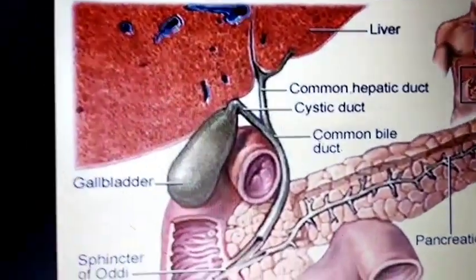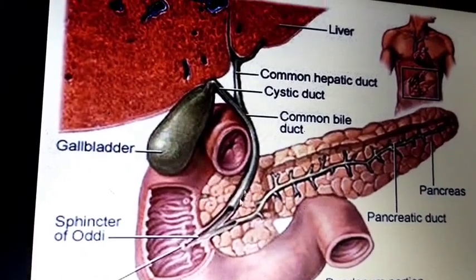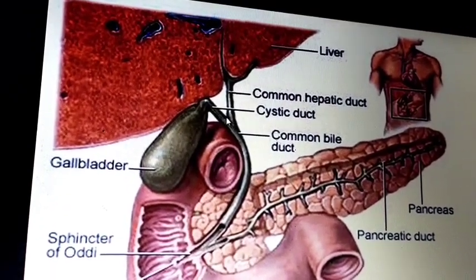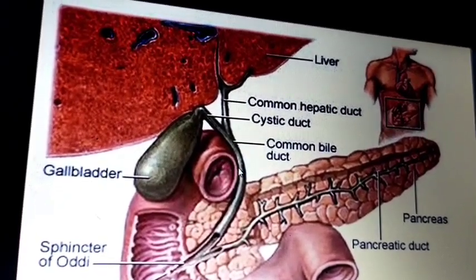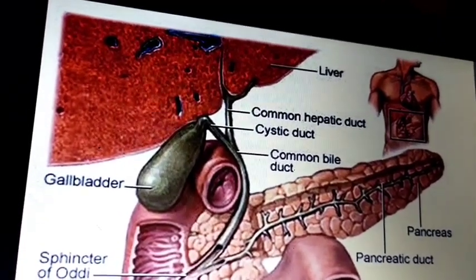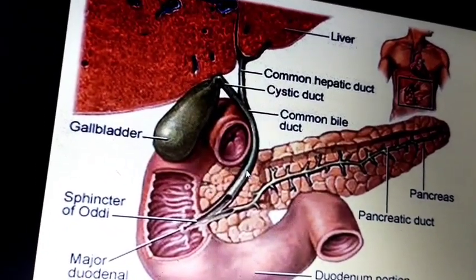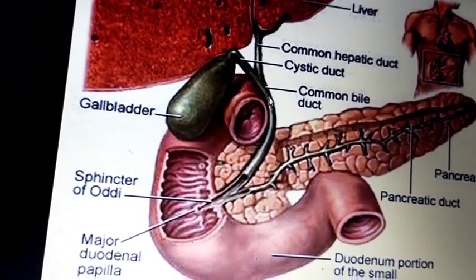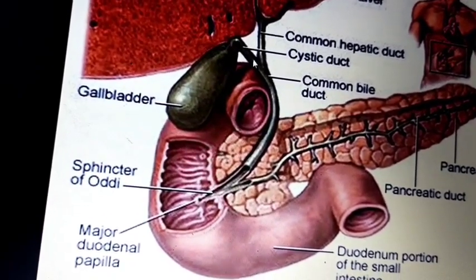You can see here in this picture the common bile duct is divided into supraduodenal, which is the part superior to the duodenum; retroduodenal or posterior duodenal, which is the part posterior to the first part of the duodenum; and infraduodenal, which is the part below the duodenum. It comes along with the hepatoduodenal ligament or lesser omentum.